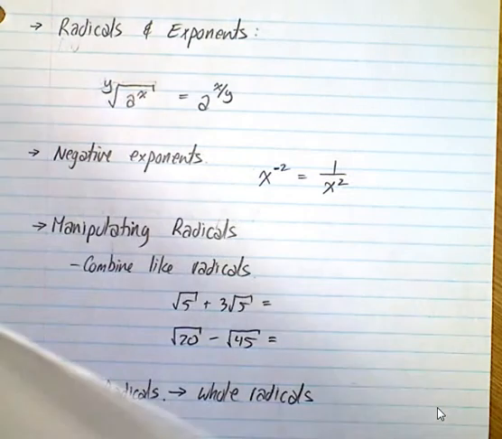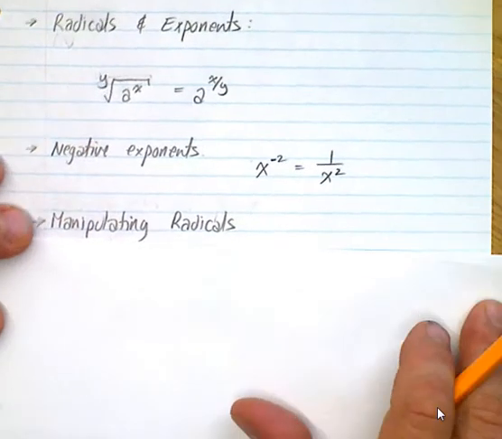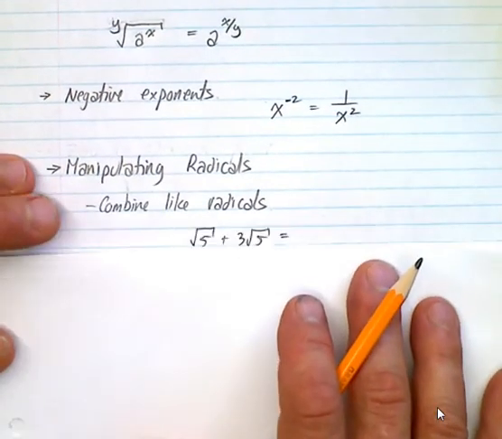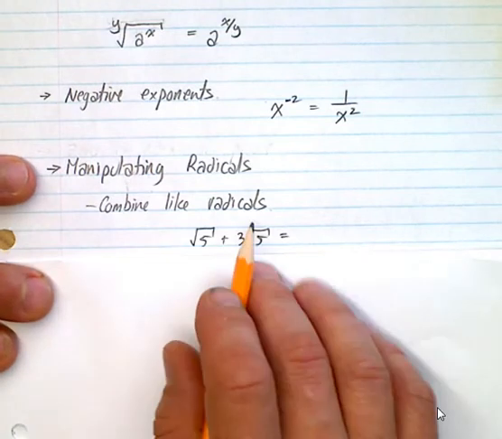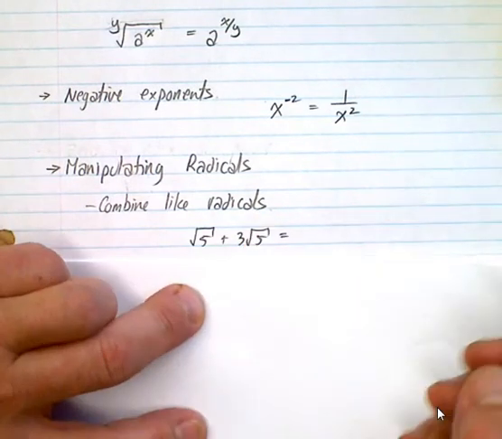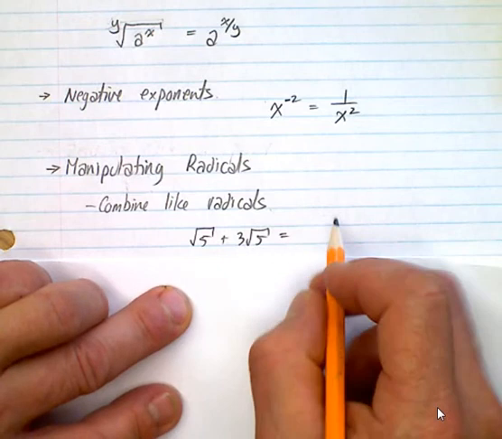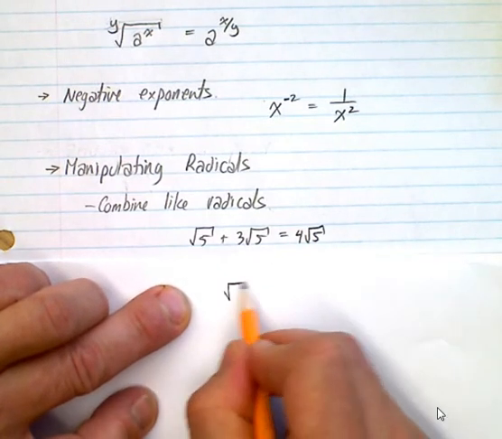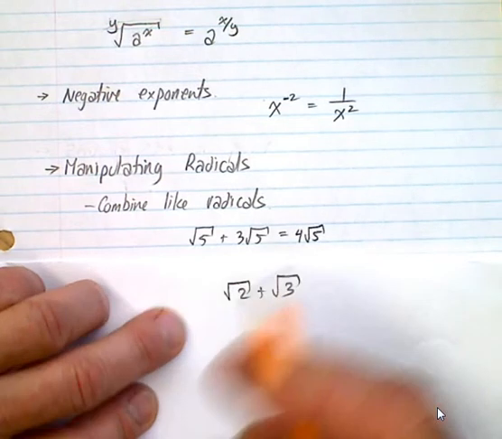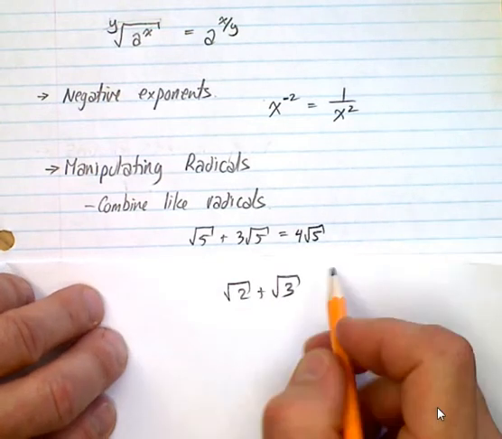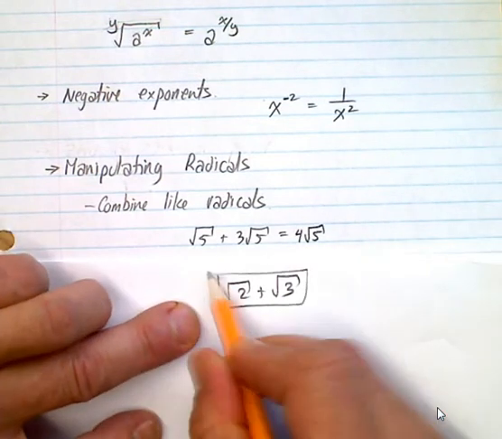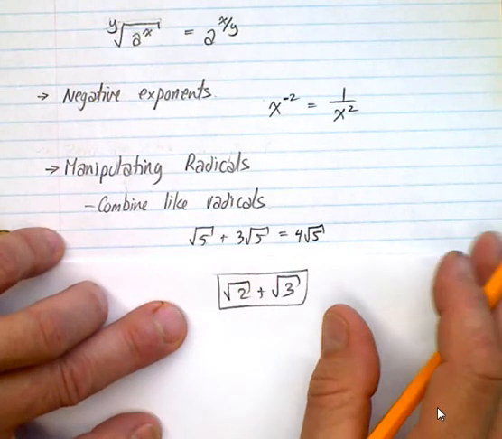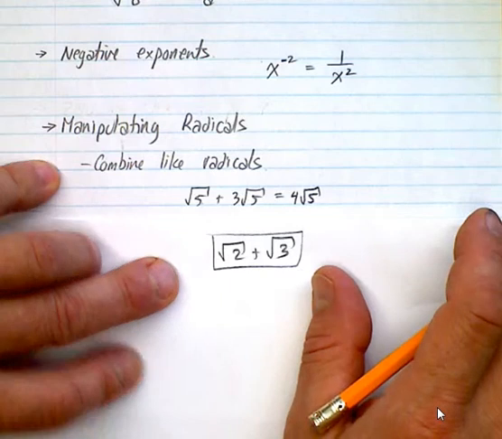So now, manipulating radicals. When we group them together, for example, like combining radicals, okay? If I have a root 5 and a 3 root 5, hopefully you remember that since they are similar radicals, you can just say, okay, well that's 4 root 5. If you have root 2 plus root 3, you can't combine those at all. It has to stay that way. Okay, this cannot be simplified at all. But when they have the same radical or same radicand, you can combine them just like if they were variables,